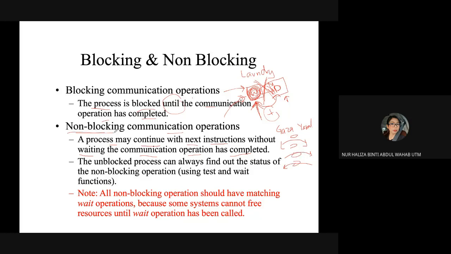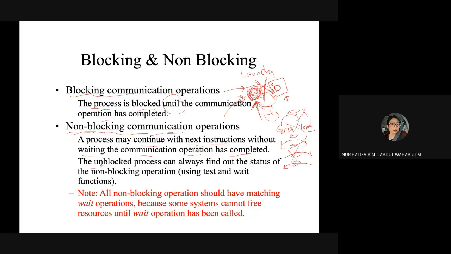It is non-blocking communication. Nobody is blocked. Gaza does not have to wait to bomb Israel only after Israel bombs several times and stops. It is not just one-way communication, right? So you can see there is a total difference between blocking communication and non-blocking communication.